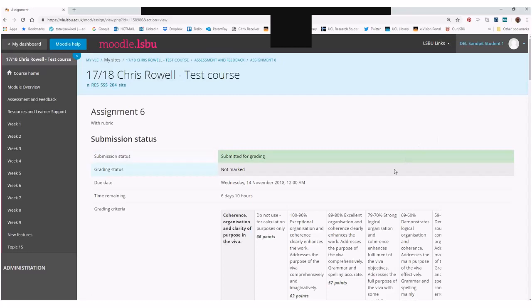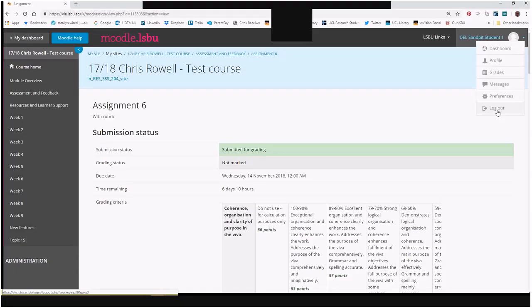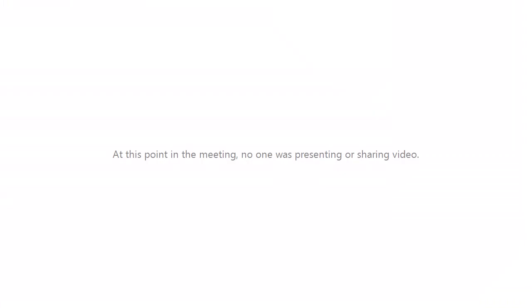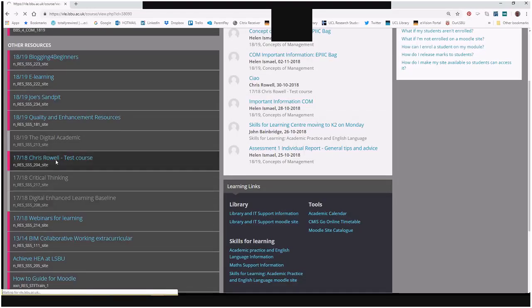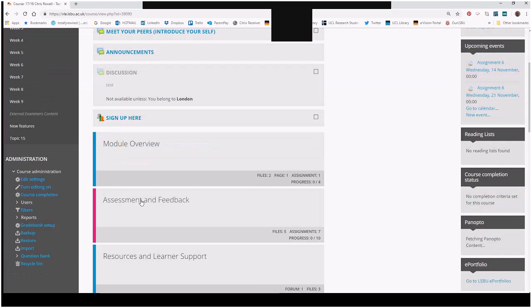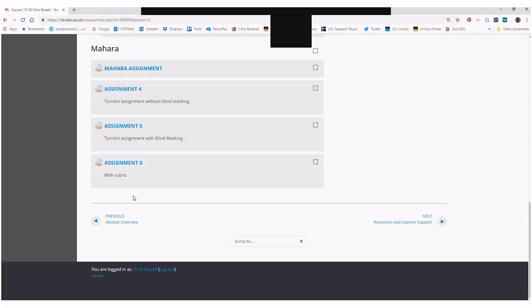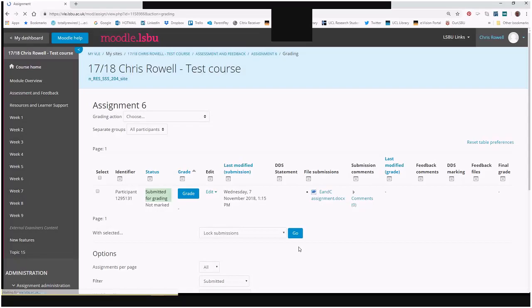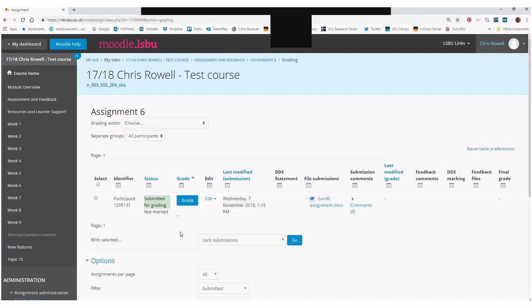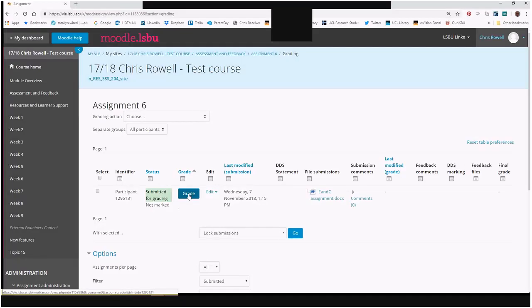So what I'm going to do now is come out from being a student, and I'm going to log back in as the lecturer. So I'm going to log out and now log back in as myself. Go back to where the module is and go back to where the assignment is. Now I can see that I've got 4 students in this particular module, and one of them has submitted their work and needs marking. So I'm going to view all submissions, and I can see that particular student has submitted their work, so I'm going to grade it. So I click on the grade button,